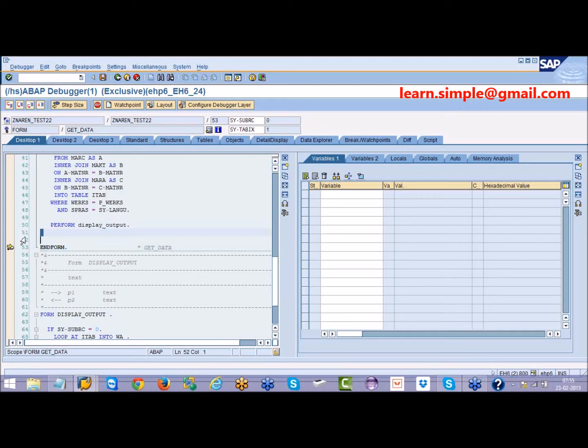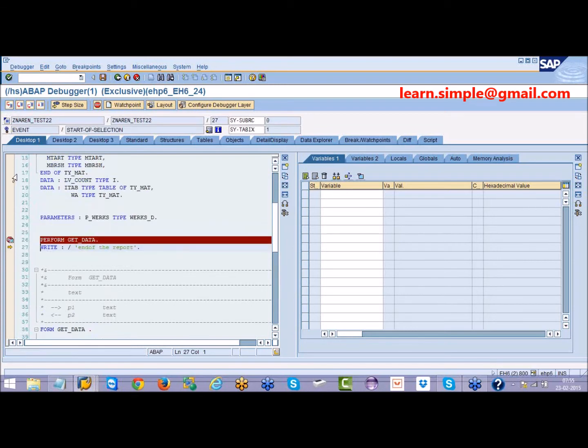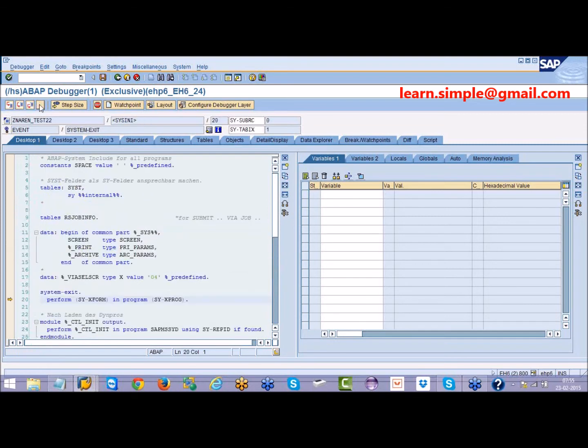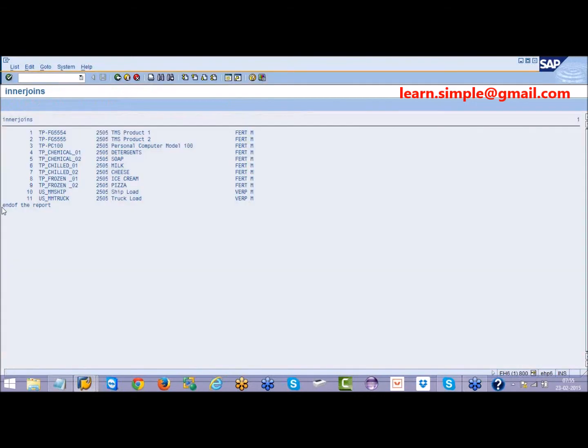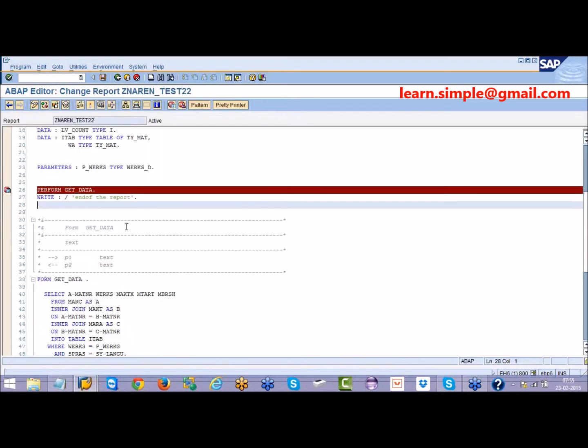No, because nothing is there. Again it is going back from where it came. It came from perform get data. So after perform get data, what is there? This write statement is there. So now it will execute the write statement and print your output. So here you are getting the end of the report. So this is how your flow will be.